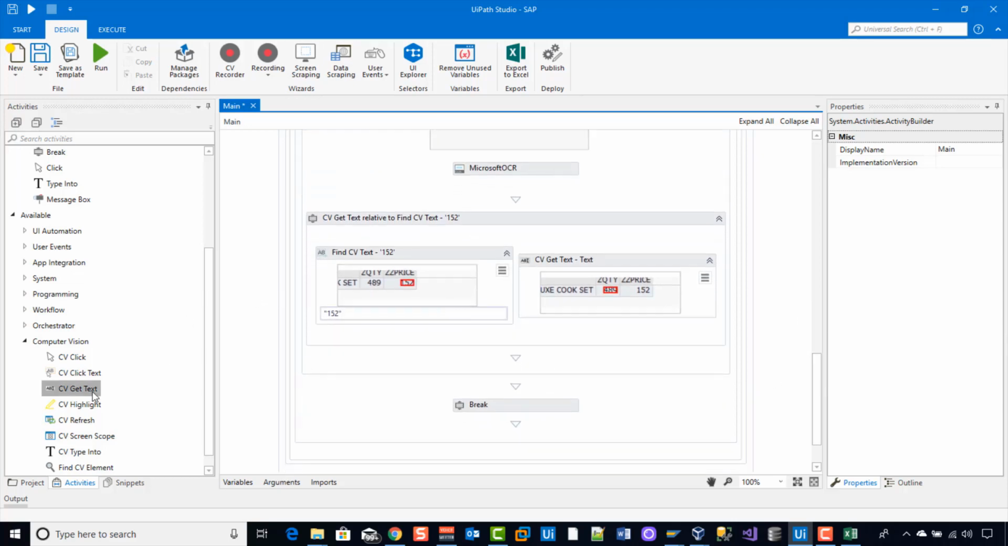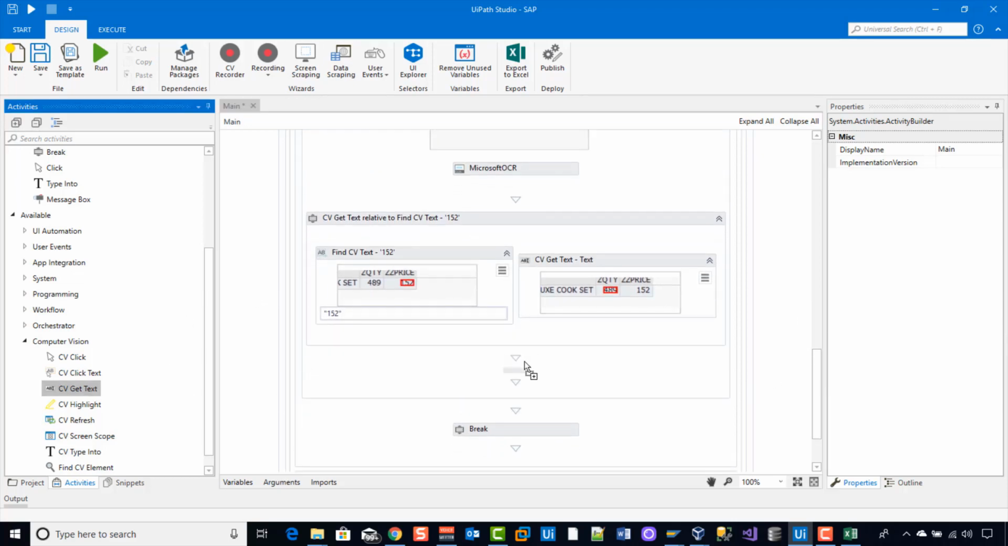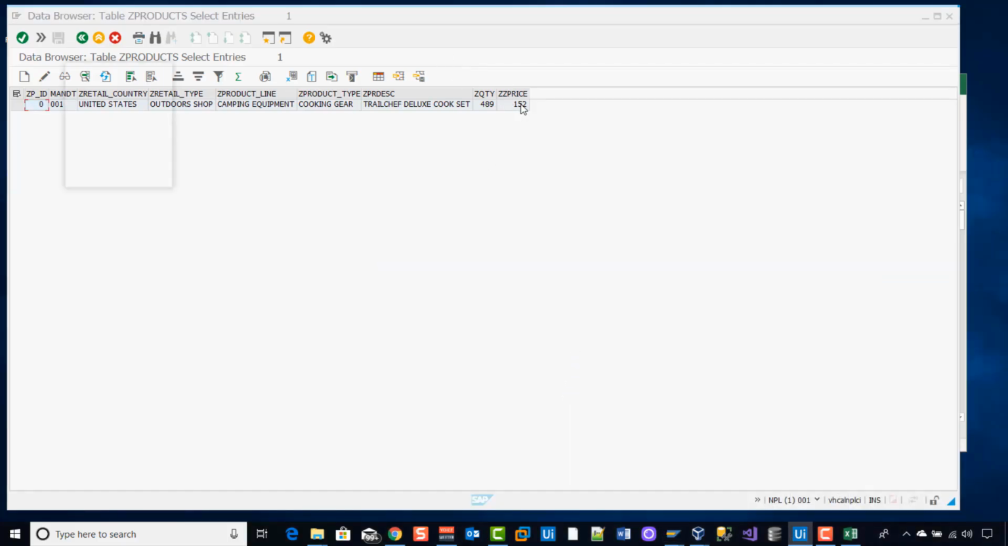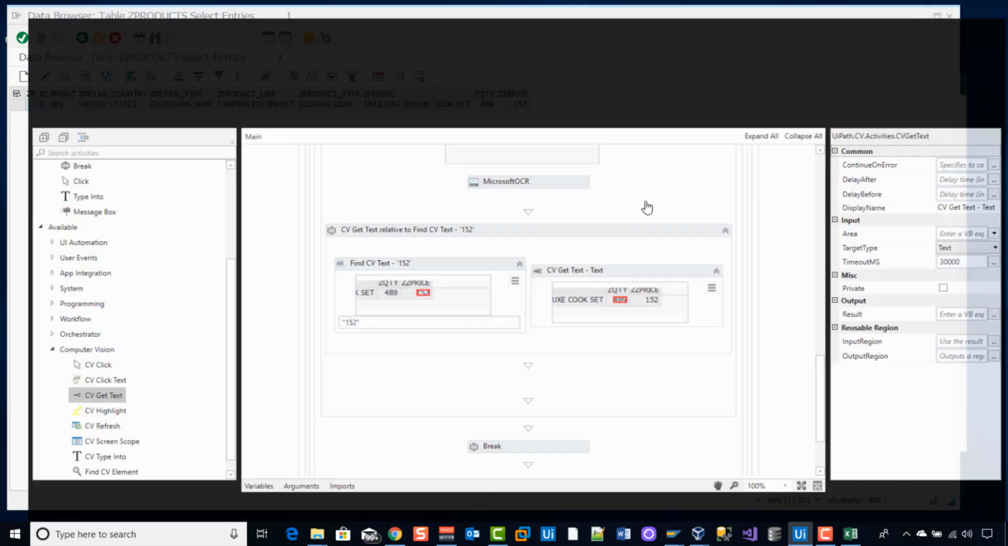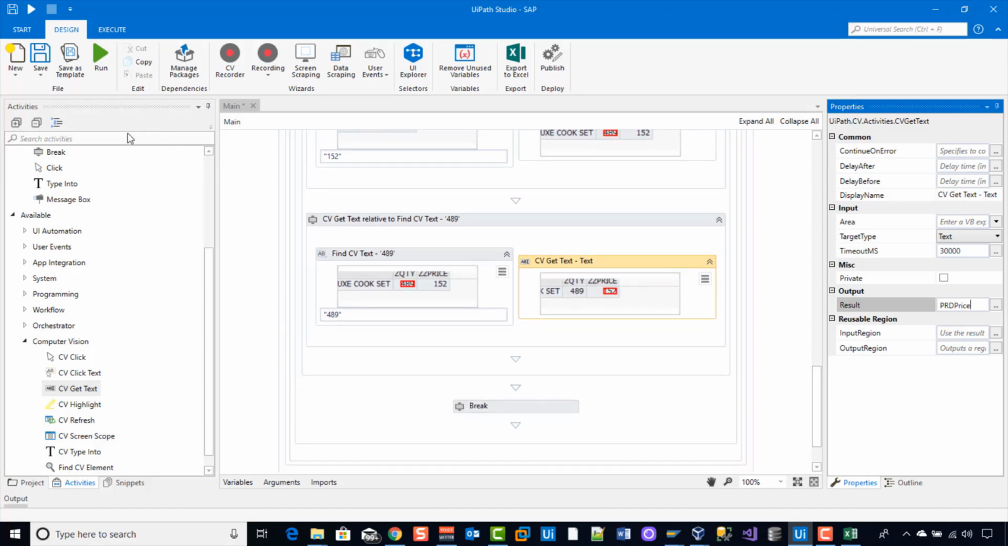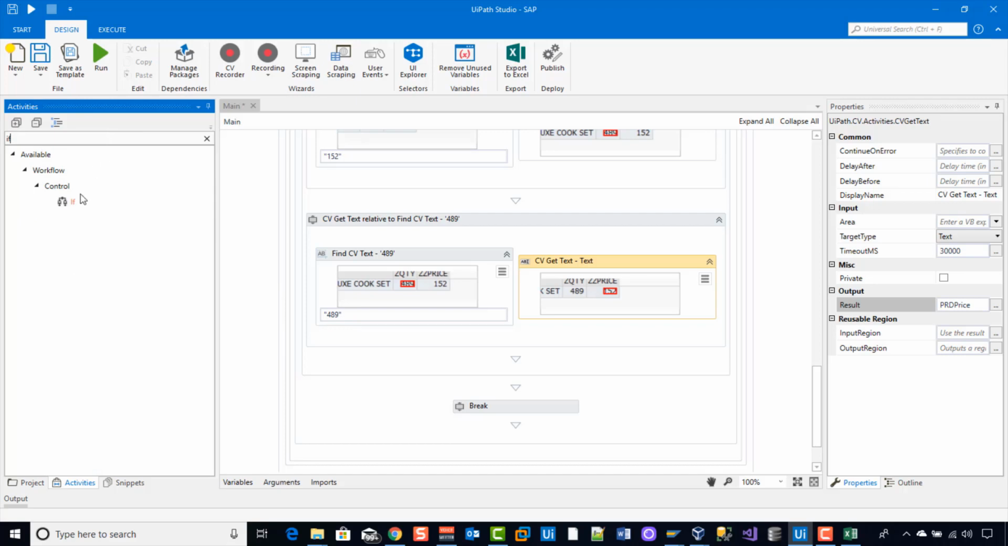Okay, and then I want to do one more. I would like to get this value here. This is the price. PRD P. It's fine. Okay, and then so now what I want to do is let's do an if